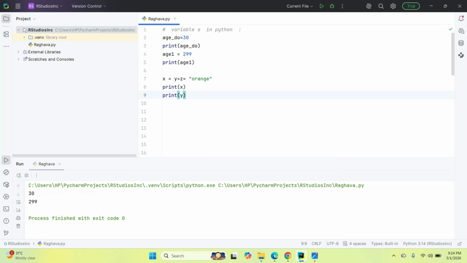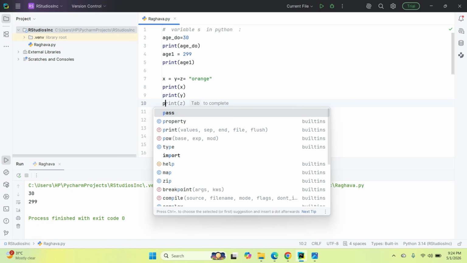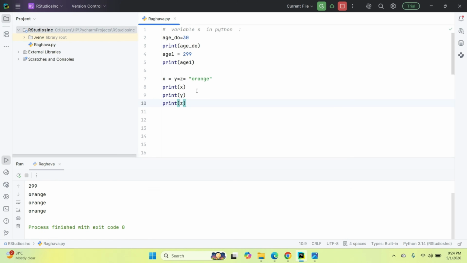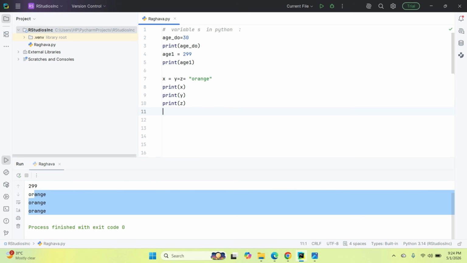If I print x, y, and z, we are assigning the same value to multiple variables. This is completely valid in Python. Again, if you want to assign different values to different variables at a time, x comma y comma z equal to orange,